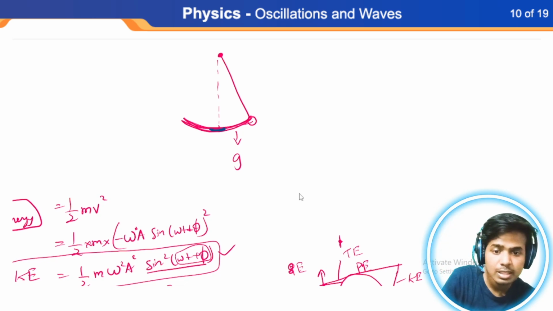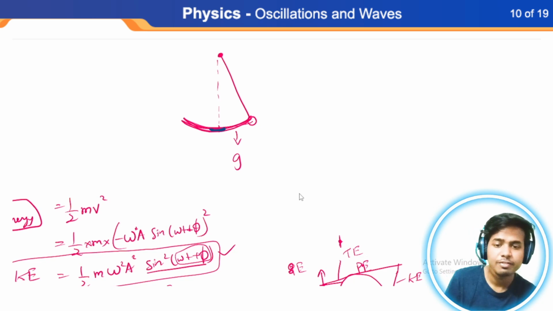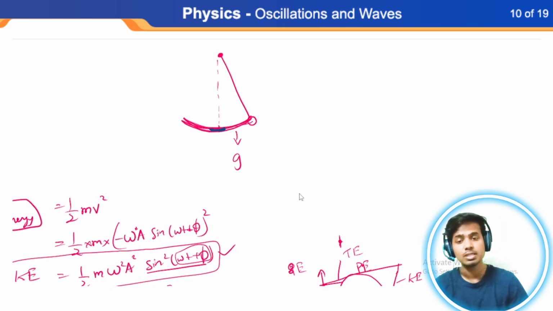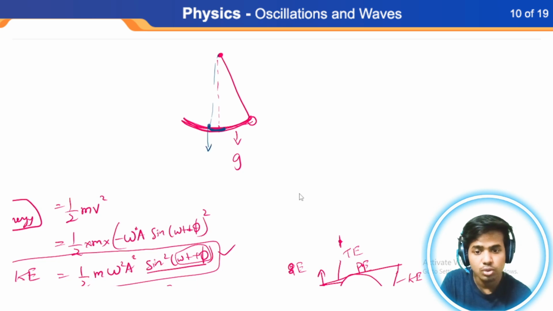Why? Because I think it will be much lengthy for me to completely explain, because that will lead to taking the component of gravity, because gravity has a force, and the component of the gravity in this direction will be the restoring force, and we already knew that restoring force,